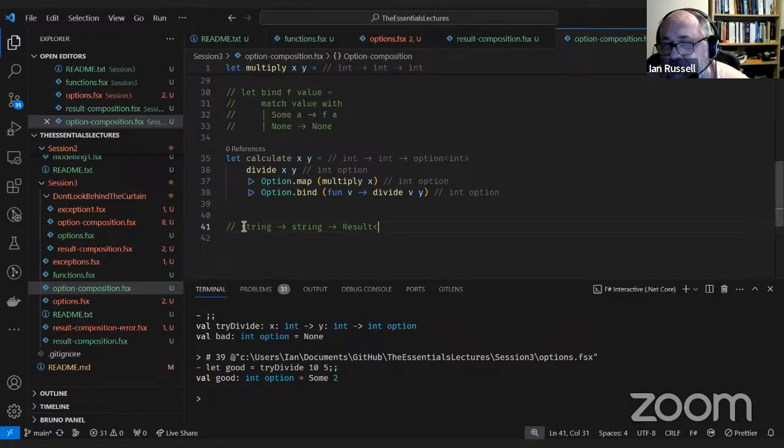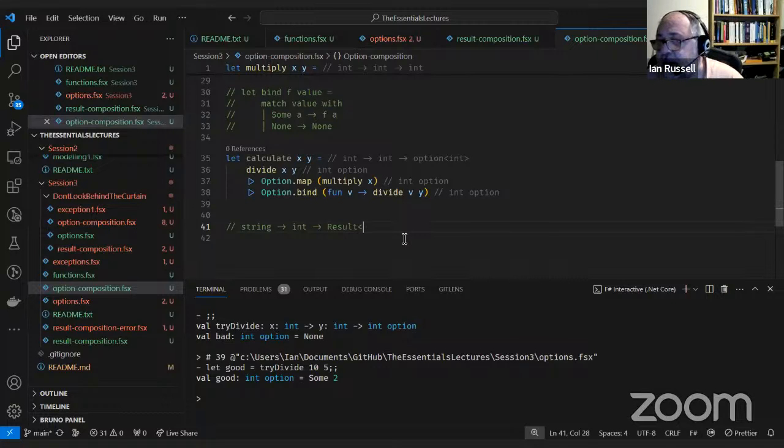So let's say we've got a function that we want to do. We want to pass in a connection string. We want to pass in an ID, which we'll say is an int. It could be a GUID, it doesn't matter. And as a result, it's going to return a customer.